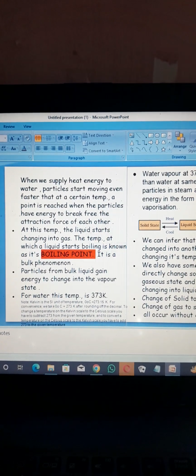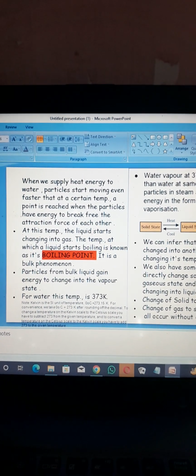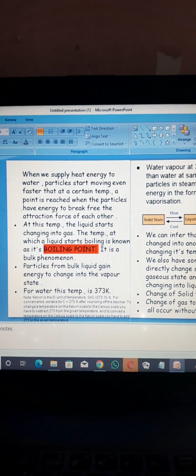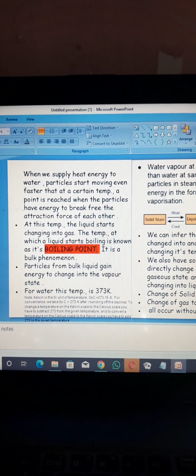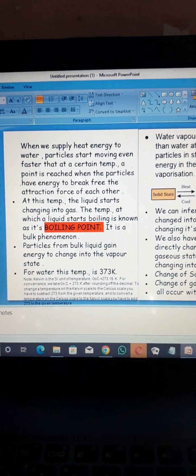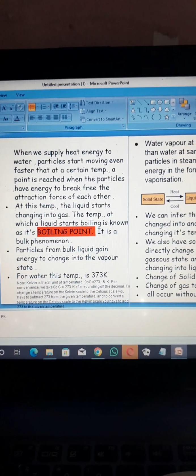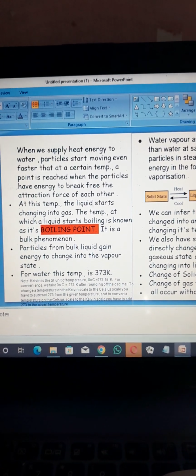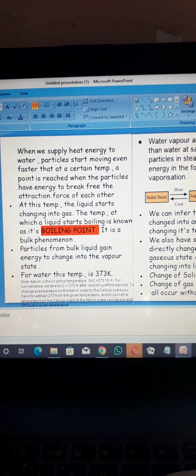It is a bulk phenomenon. We will further discuss it in higher classes. Particles from the boiling liquid gain energy to change into the vapor state. For water, this temperature is 373 Kelvin. Okay, Kelvin, what is Kelvin? Kelvin is the SI unit of temperature. 0 degrees Celsius is